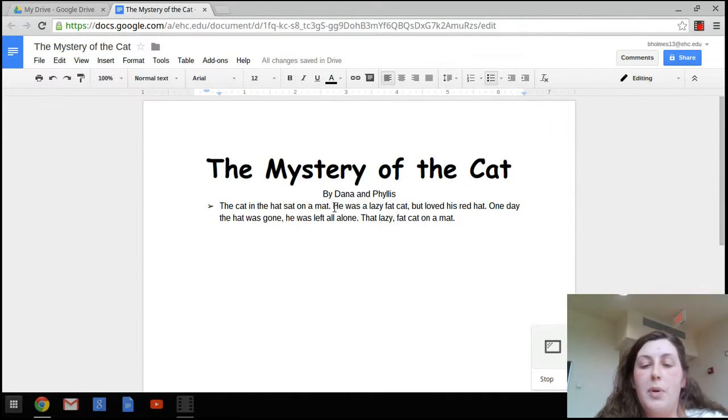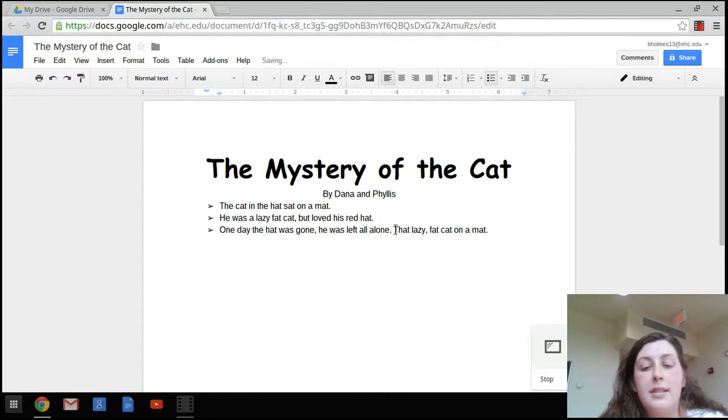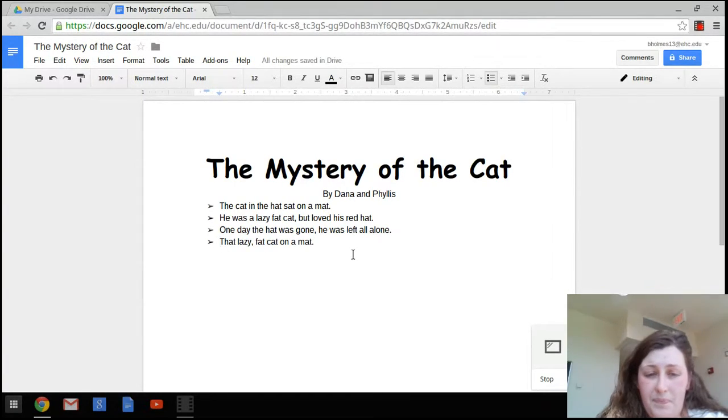And one thing with bullet points is as you hit enter, it adds the bullet point. So you can go in and just click at the beginning of each of your sentences and hit enter, and it'll add the bullet points. So therefore, at the end of your document, there's bullet points in it in case you need to add them